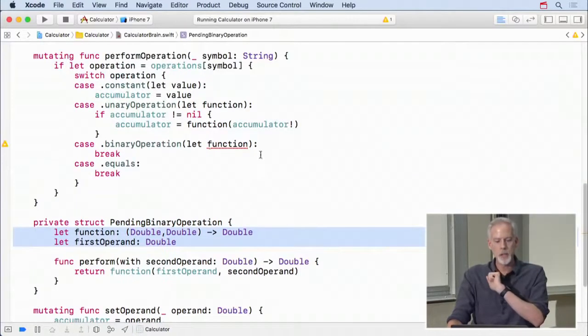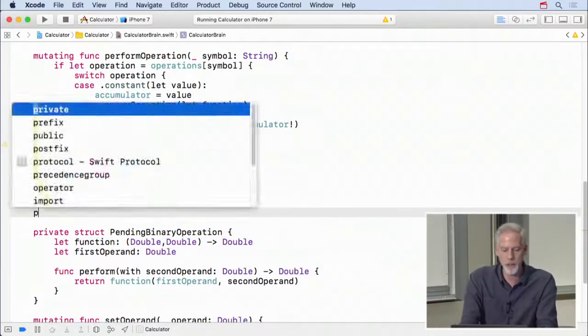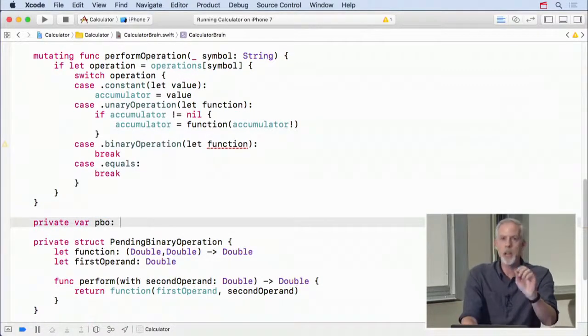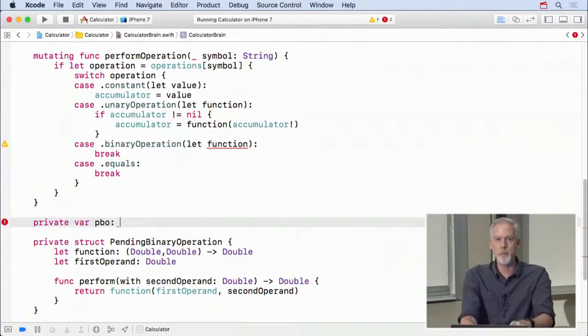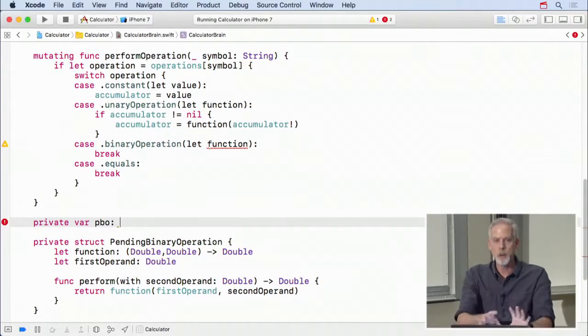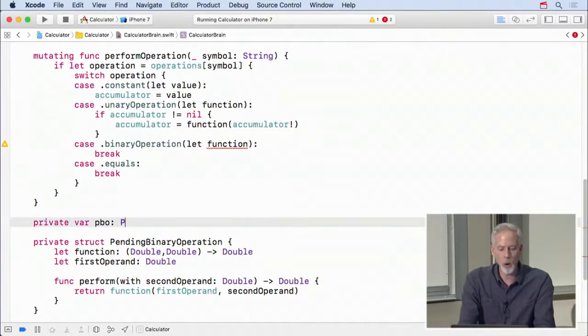And in fact, let's use that right now. I'm going to create a private var, which I'm going to call PBO, pending binary operation, but only temporarily because this is a bad name. I'm mostly doing it so things won't wrap because I'm using a big font so you can see here. I'm going to go actually change this back to a better name in a second. But this PBO is a pending binary operation and